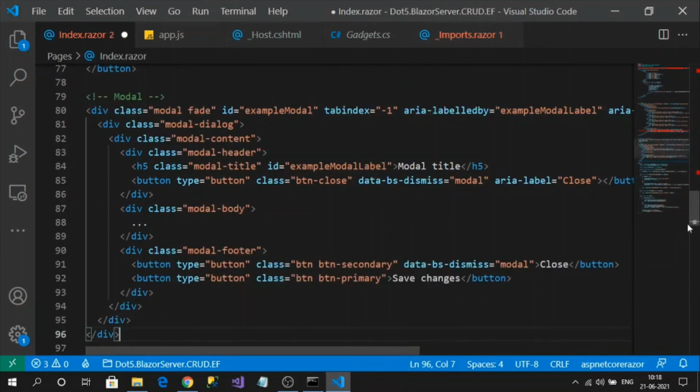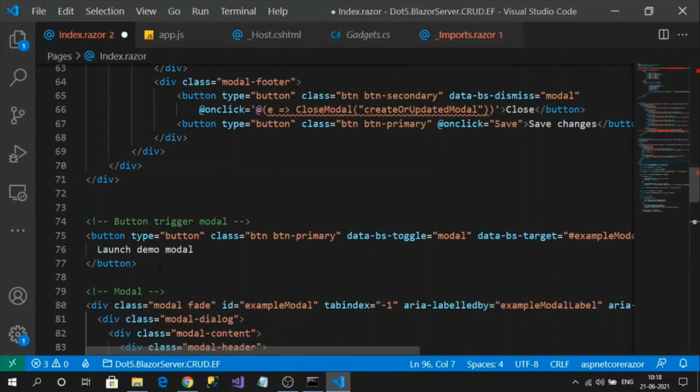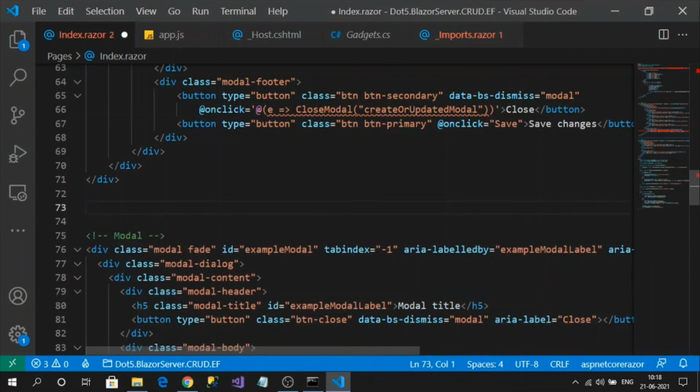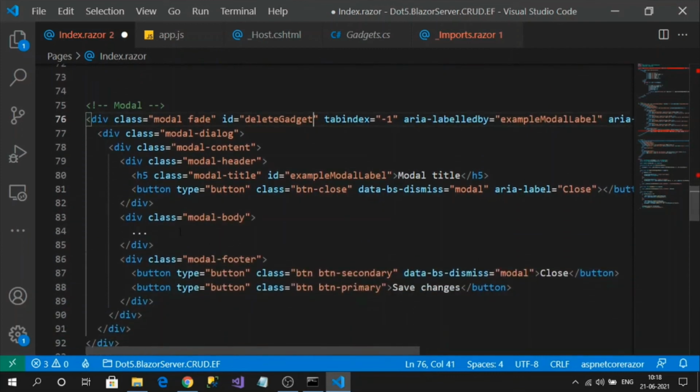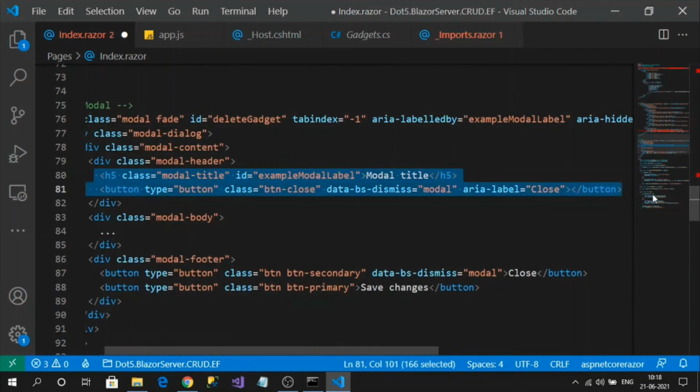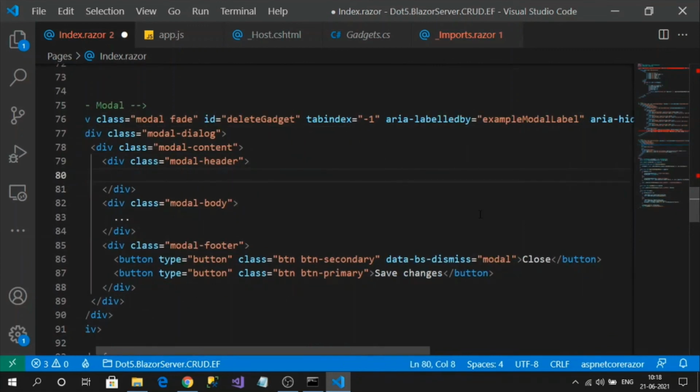So add it here, and here there is a button which we don't need. And here I want to change my ID to delete gadget. Okay, and let's add a title.